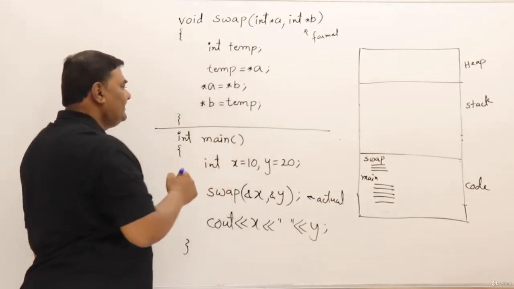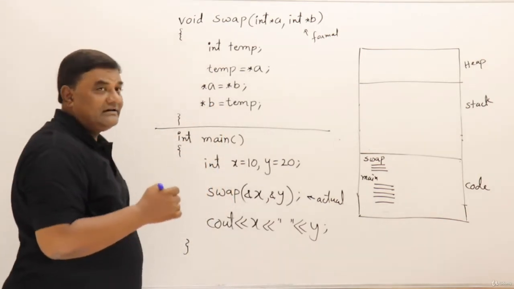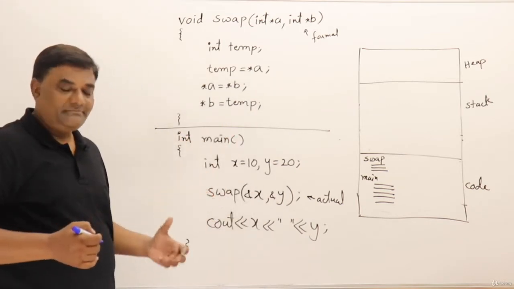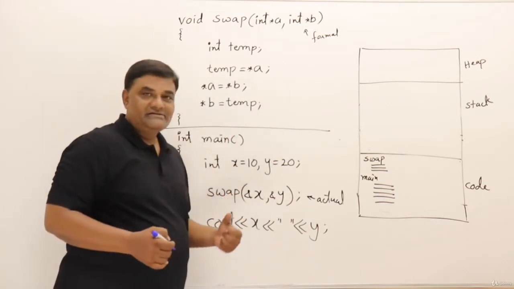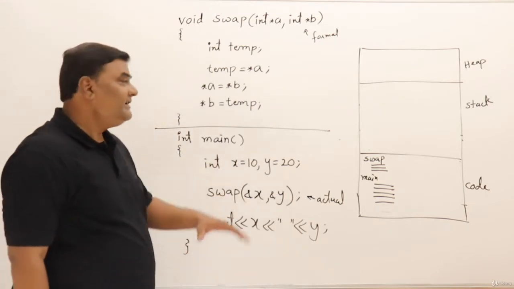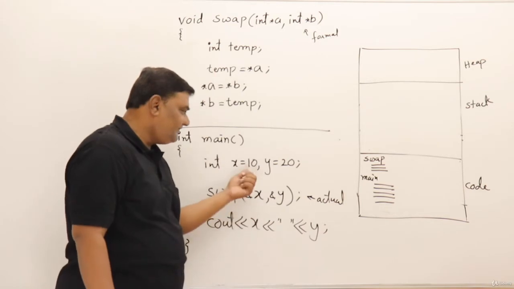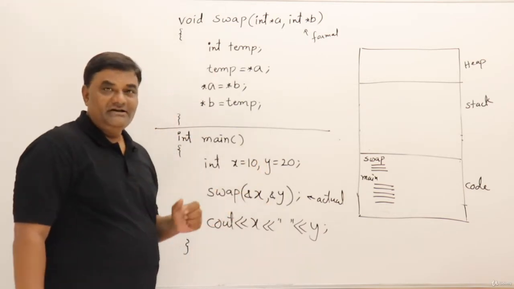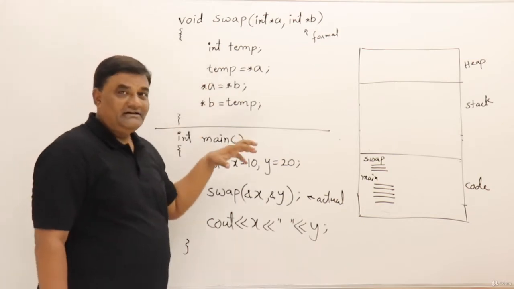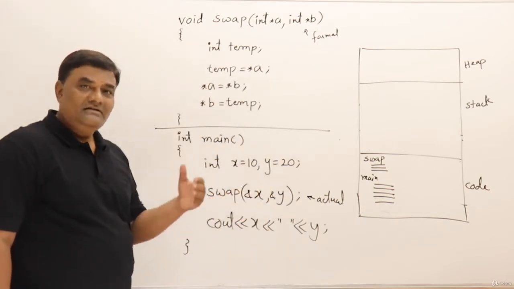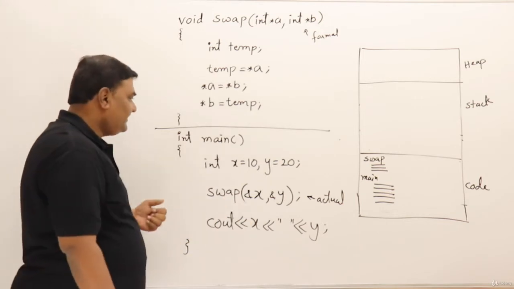Now this code is for call by address. So I have made changes so you can see how the changes are made. This is call by address. Now let us see the working of this program. Now really that swap function will modify the values from 10 20 to 20 10. It will swap them. This swap function can access actual parameters and it can modify them. Let us see the working, how it executes.